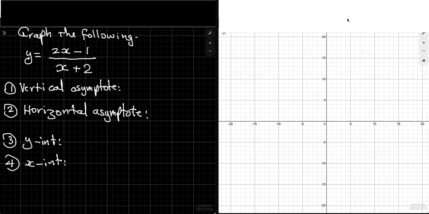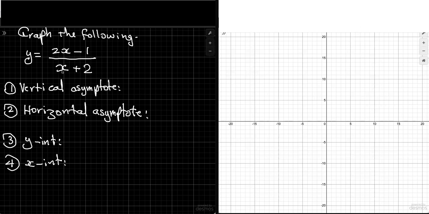My grade 11 students are doing graphing reciprocal functions or rational functions. So I thought I'll throw in a question in here and show you how to graph reciprocal functions in the easiest way possible. Okay, so to be able to graph this,